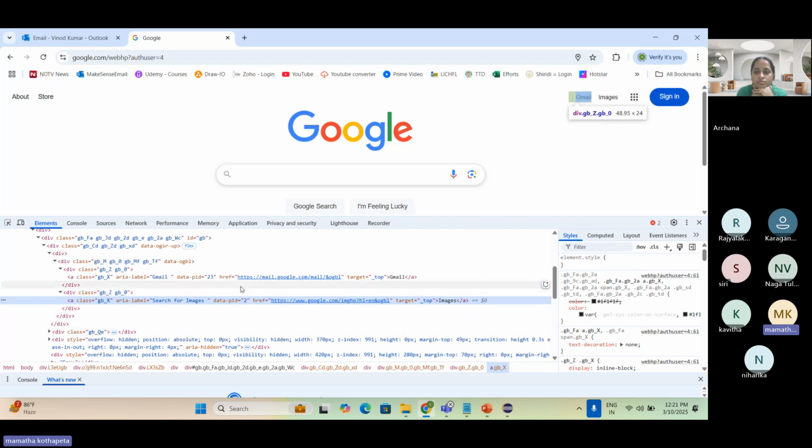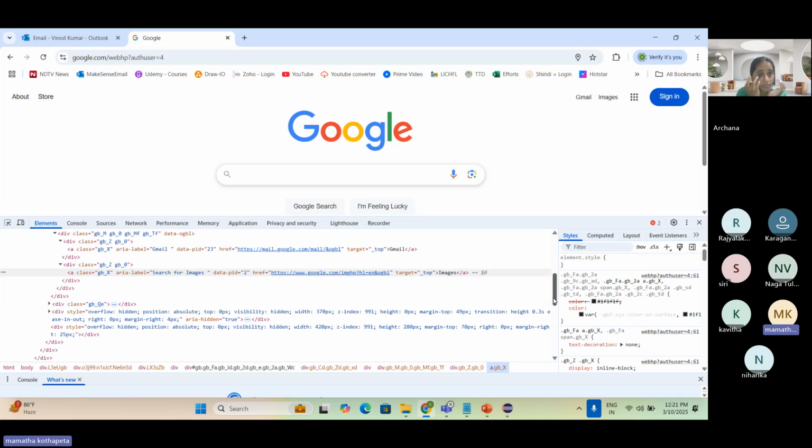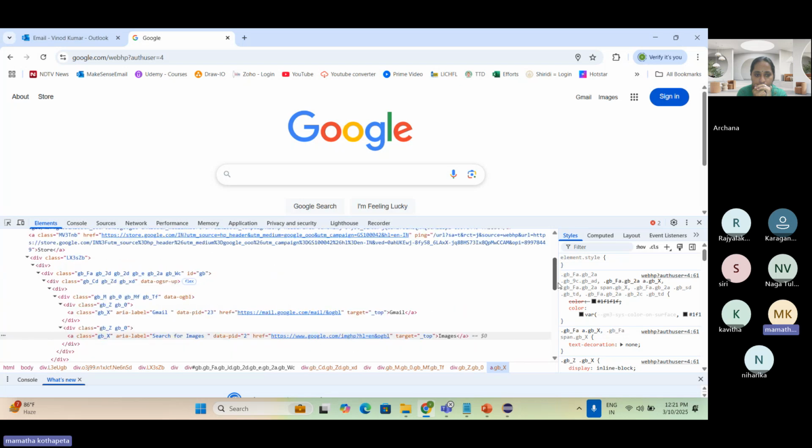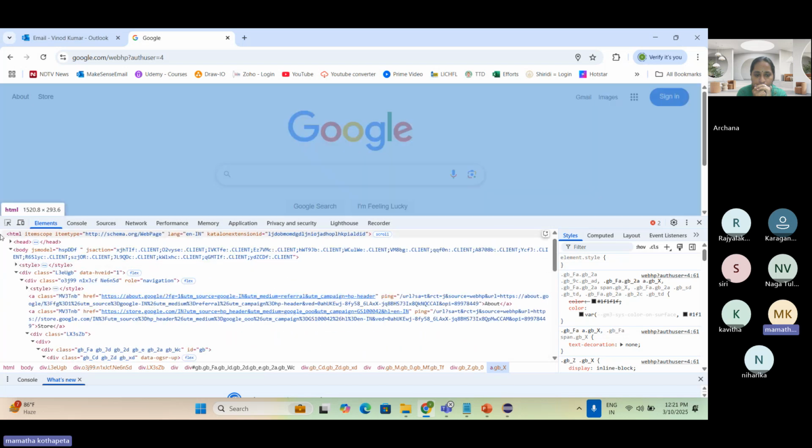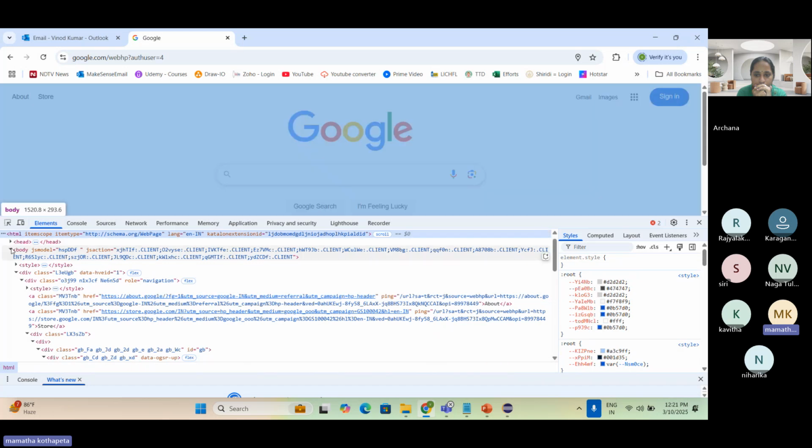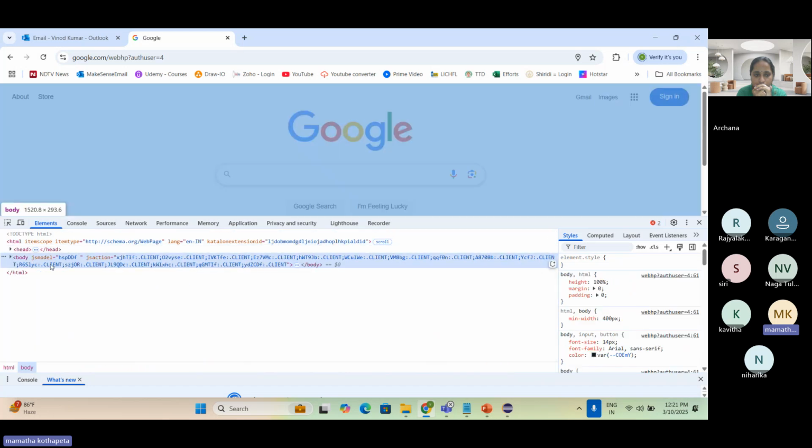All right. So understanding the DOM structure is very, very important. The importance of DOM structure in our automation is that it gives Selenium testers enough opportunity to interact with the web elements. If you don't know the structure, that this is a parent, this is a parent, this is a parent, and inside that we have a lot of child nodes, we call those nodes. If you don't understand it,